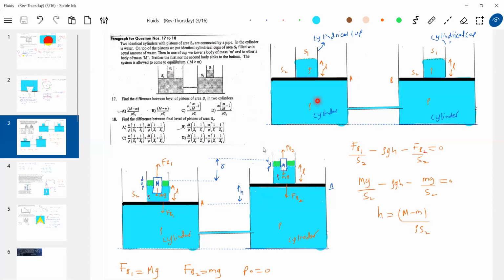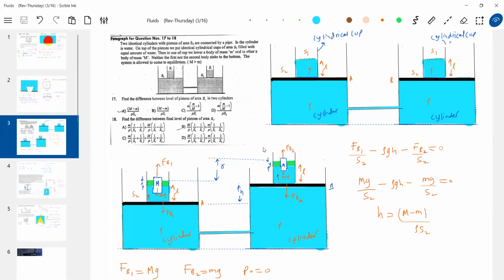So water is filled up here and water is filled up here. So initially, what can be the level of this one? These are identical cylinders and identical cylindrical cups, and to the same level the water is filled up. You can see this L and L. So definitely the level of this will be the same, and even the level of the liquid in the cylindrical cup will also be the same. Okay, this is the initial part of the question that is given.